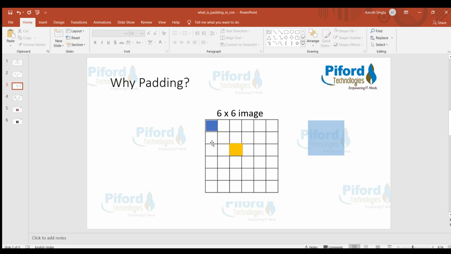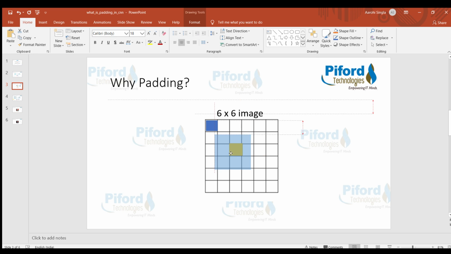Here, this is a 6 by 6 image, and one pixel is over here. This is a blue pixel and this is a yellow pixel. When we convolve this 3 by 3 filter on this 6 by 6 image, first of all we are at this position, and the corner blue pixel is getting covered.